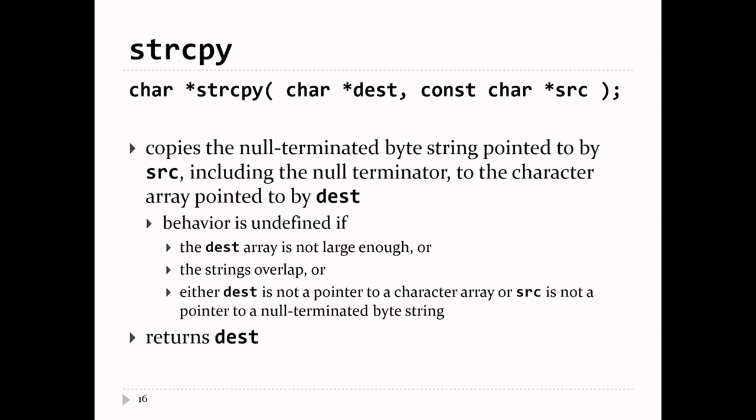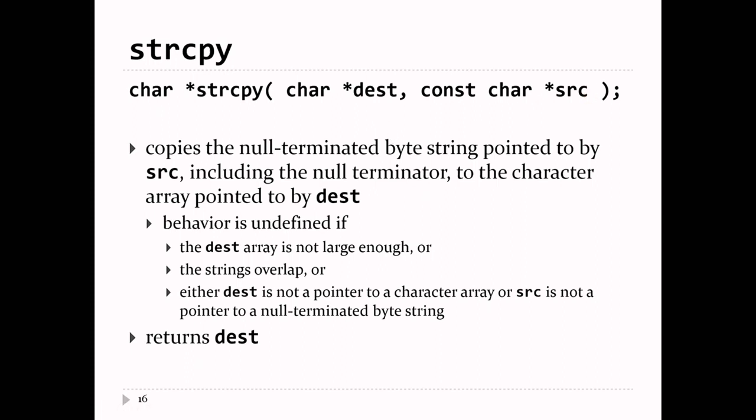So src is a pointer into the string that you want to copy, and dest is a pointer into the string where you want to start the copying into. Normally, src points at the front of the string to be copied, and dest points at the front of the string where you want to copy it into. But it doesn't have to. The way this works is it copies characters from src into dest until it sees a